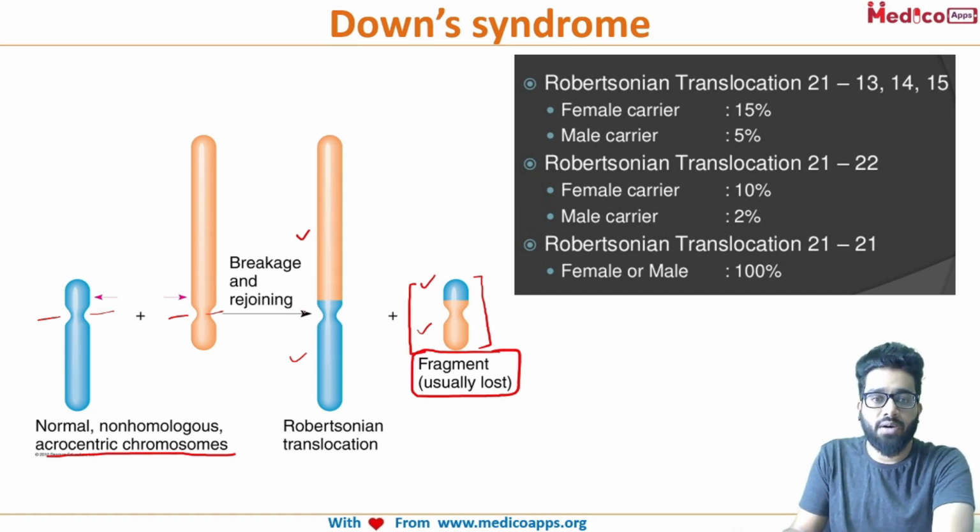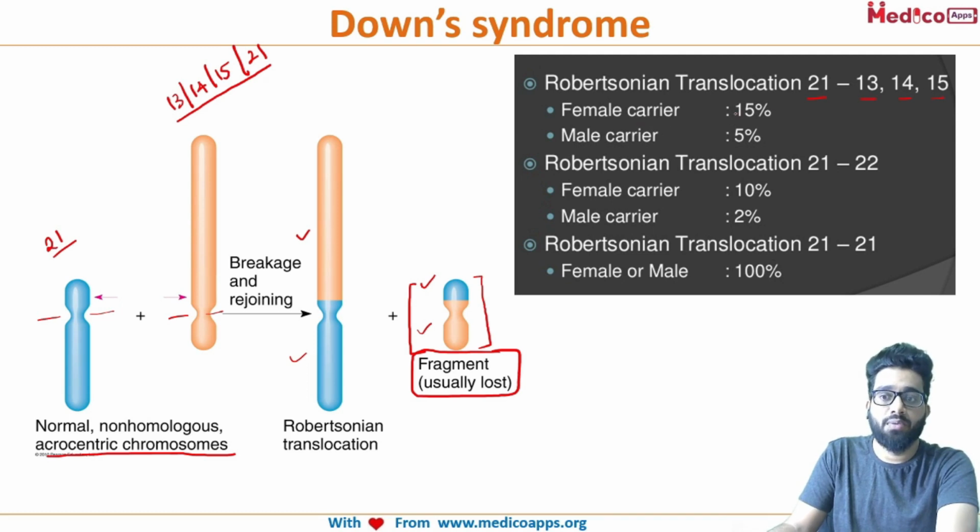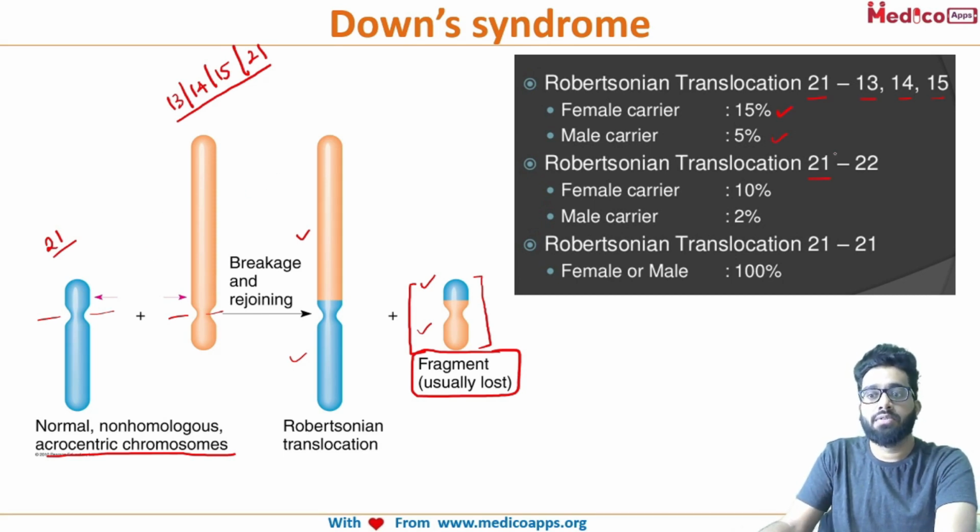So why is it important in Down syndrome? It is important because this translocation can occur between chromosome 21 and 13, 14, or 15, or even 21. So it's very important to know this, and that is the reason that with any patient of Down syndrome, we have to know exactly why this has happened. In Robertsonian translocation of 21 and 13, 14, or 15, any of these, the recurrence risk, if the female is a carrier, is 15%, and if the male is a carrier, it is 5%. With 21 and 22, that is, when the translocation occurred between 21 and 22,